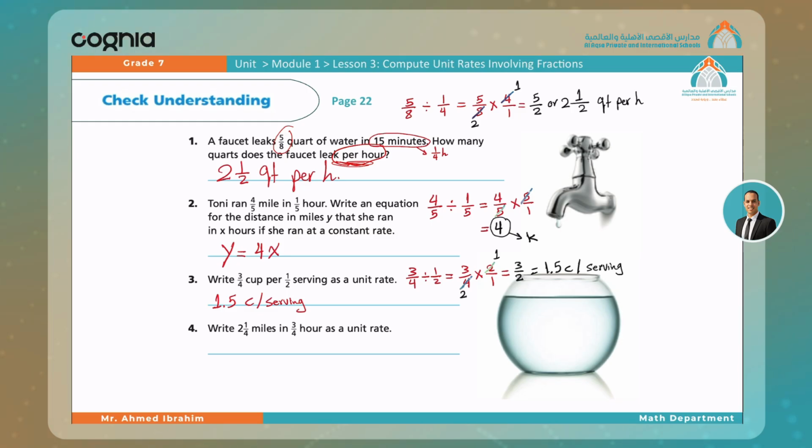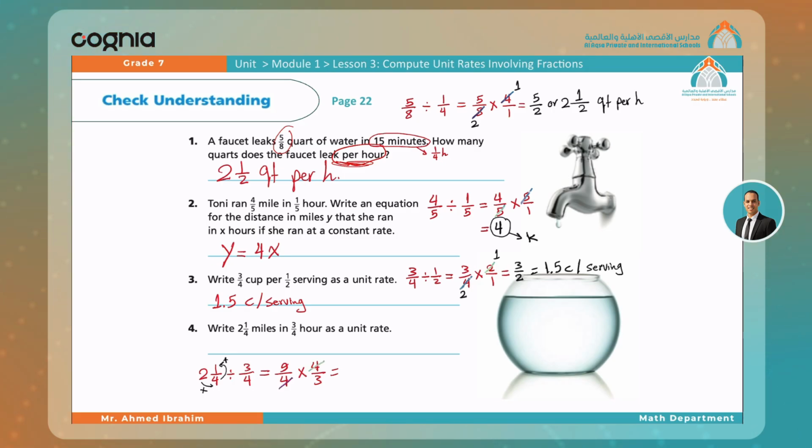Question number 4. Write 2¼ miles in 3/4 hour as a unit rate. We do the same. You divide the 2¼ by the 3/4. 2¼ you have first to change to a fraction. So you multiply the 2 by the 4, and then add the 1, and that is equal to 9/4. And divide, change it to multiply, and you flip the 3/4 to make it 4/3. You can cross out the 4,